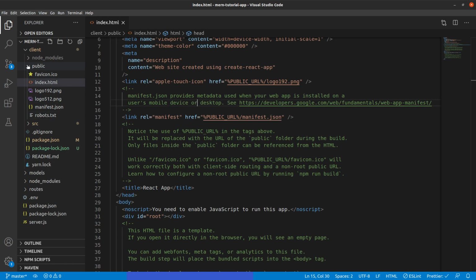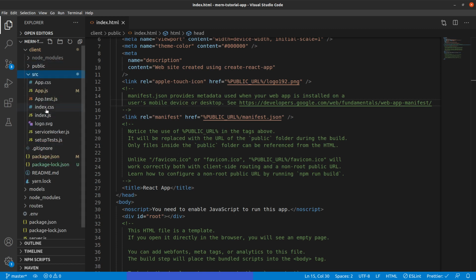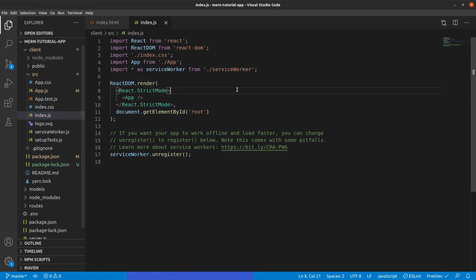Okay, so collapse the public folder, get into index.js. Okay, so index.js is a file basically handled by React, whose job is basically to find the element with ID root in your index.html, and throw the app component content inside the root.